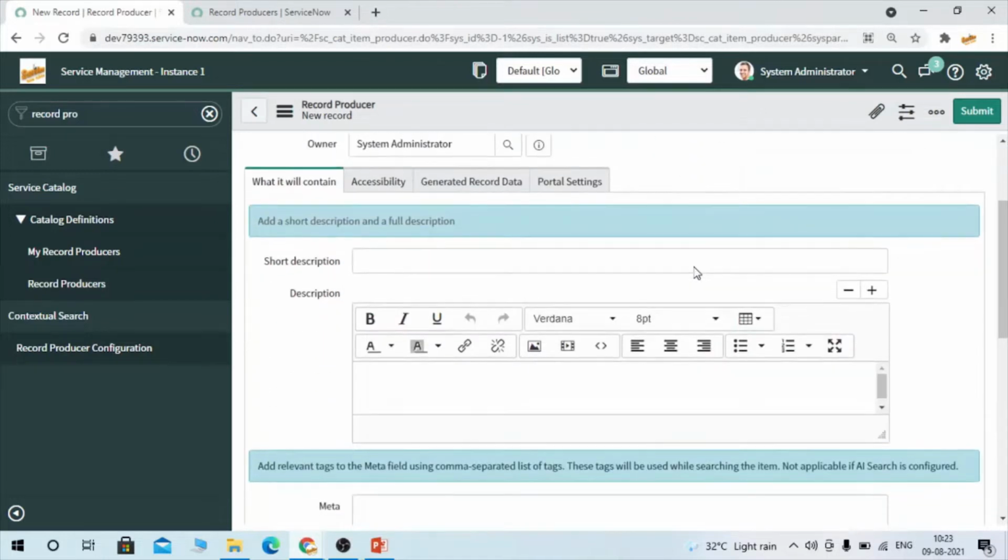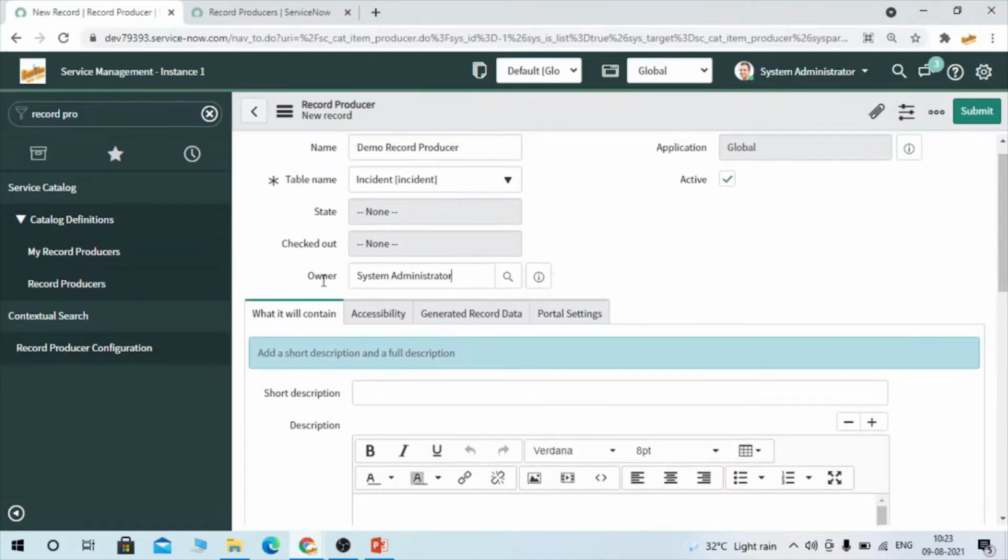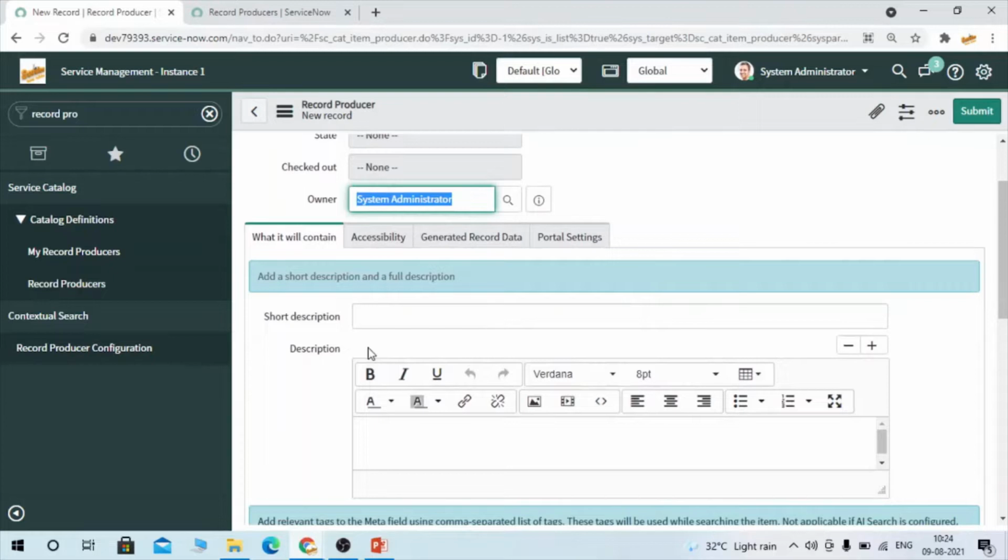And then the owner. You select whoever is managing this record producer as the owner. The owner has to take care of this record producer, like if anything is required to change or update in it, those things can be taken care of by the owner. Here you can also provide a short description and description.